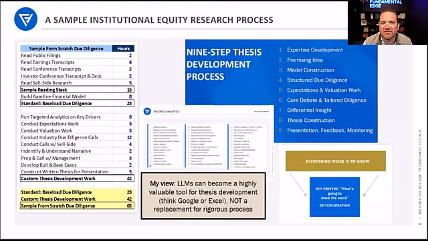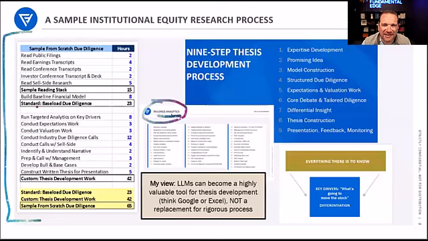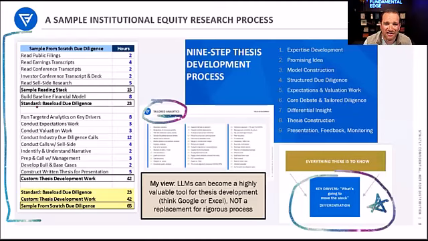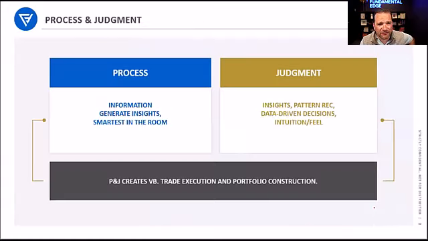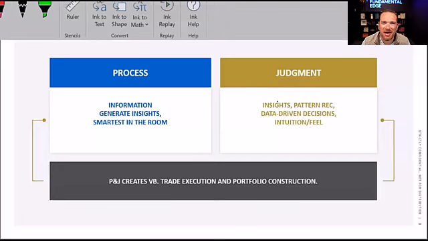The institutional equity research process is a rigorous, structured process in many ways, but it's also a creative process where, yes, there might be a step-by-step process that an LLM could go through, but there's judgment around what matters here. What are the tailored analytics that I need to apply to the situation? Ultimately, what are the key drivers in making probabilistic bets on differentiation around those numbers? So we try to frame the institutional process as process and judgment: process of gathering information, developing expertise, and then ultimately making probabilistic bets on securities.